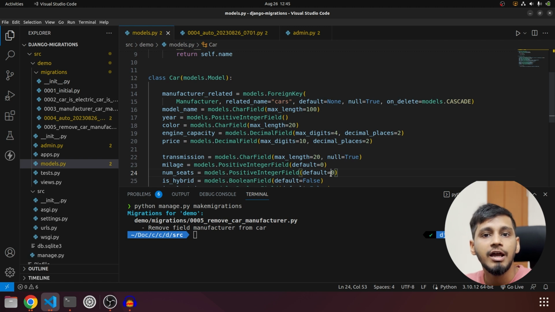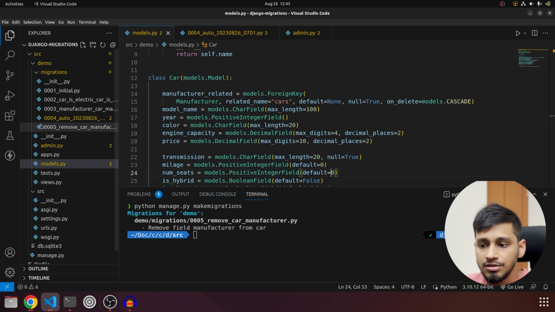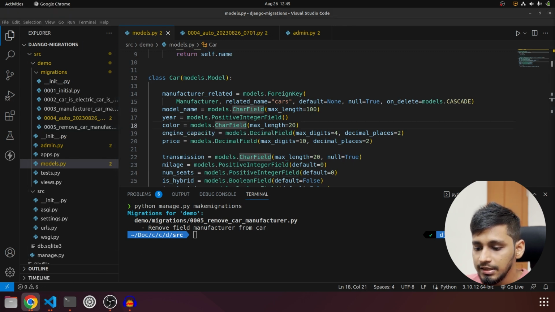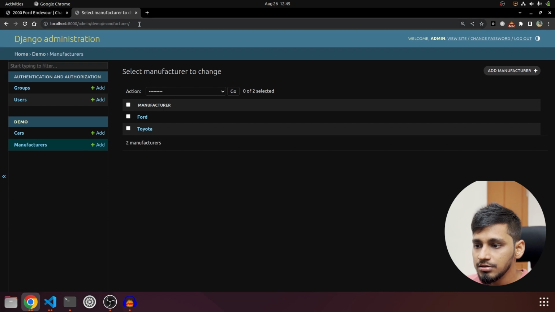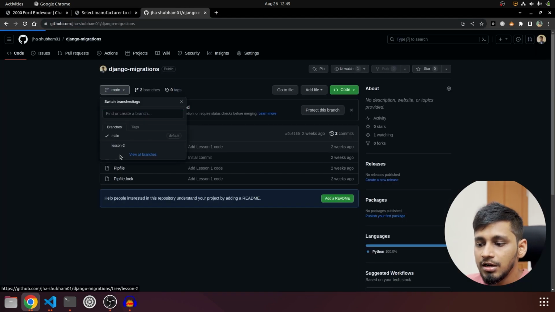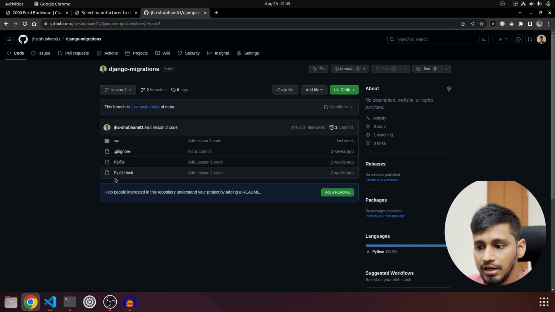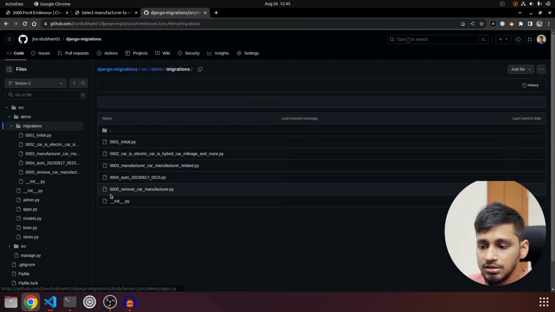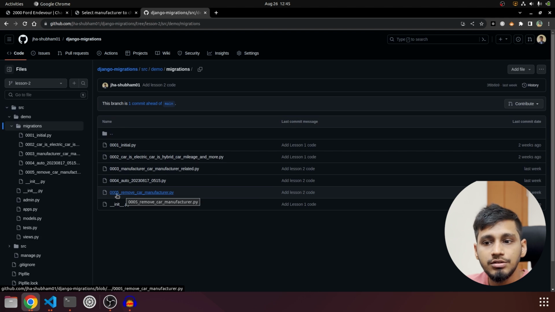Now I have one final thing to explain to y'all. It is actually more of a theoretical explanation than a practical one. You know, you have the 0005 migration over here, and let's say in your branch, I will open my git repo, someone else has pushed another migration with the same number 0005.